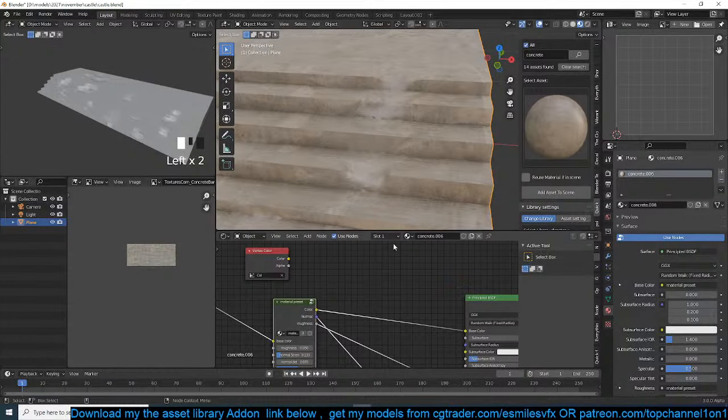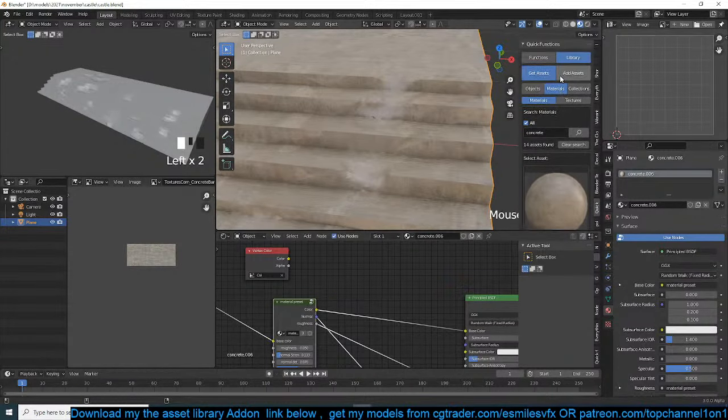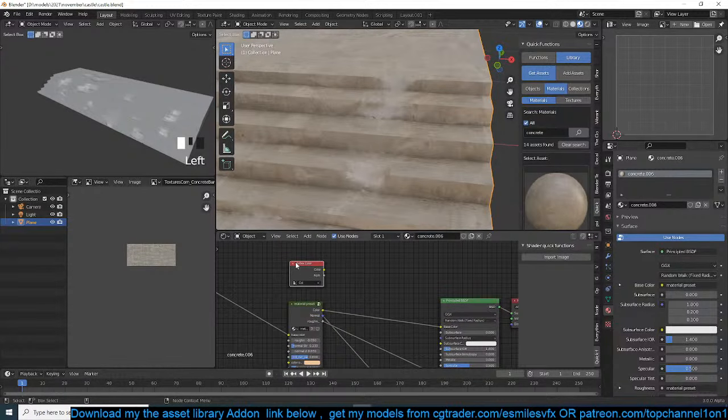So the asset library, the quick functions add-on also has a panel in the shaders panel. And this also comes with a few functionalities. So if you have two nodes, you can blend them together. I guess the vertex color input is not really supported here, but you can easily blend them together. There are some functionalities here that you can use